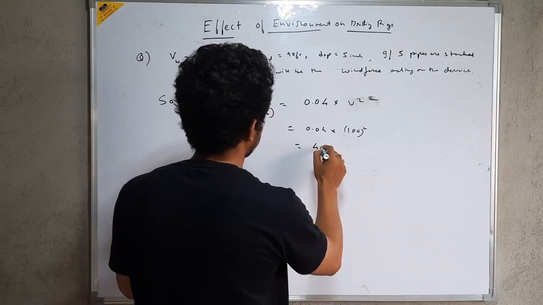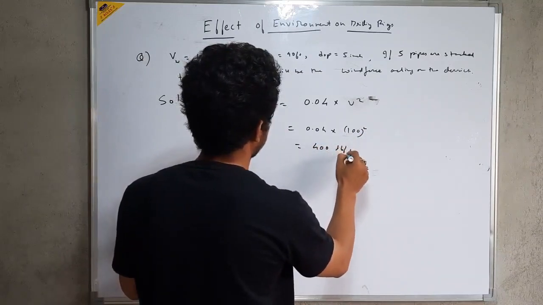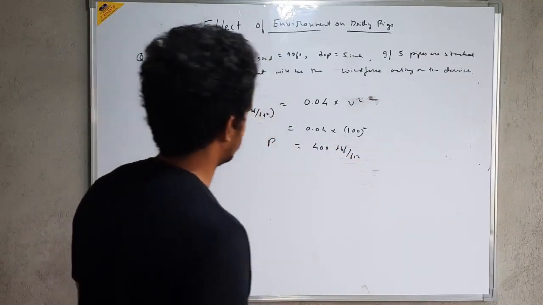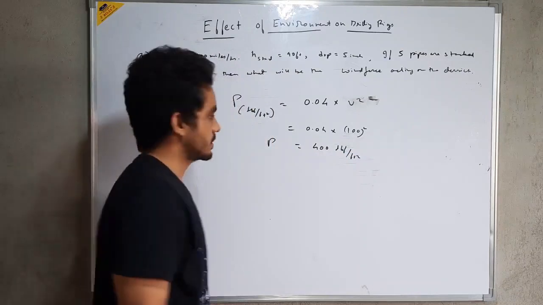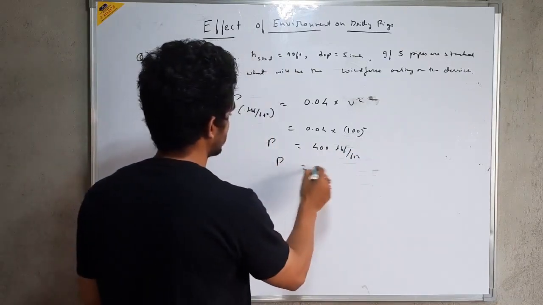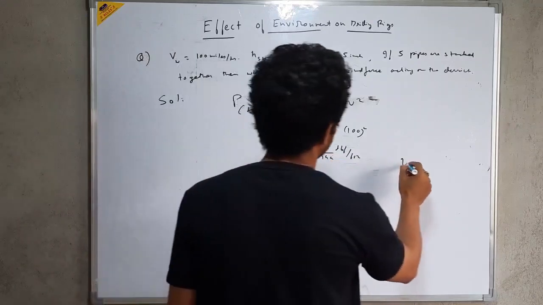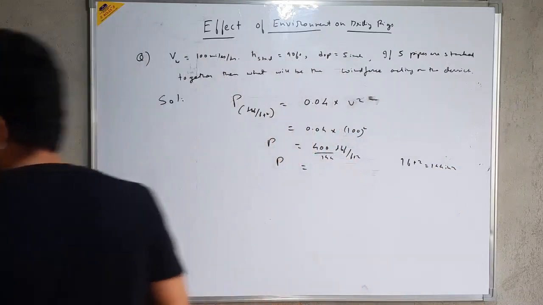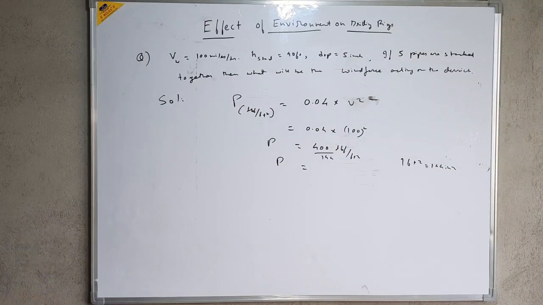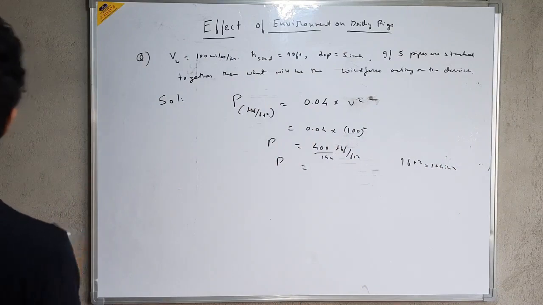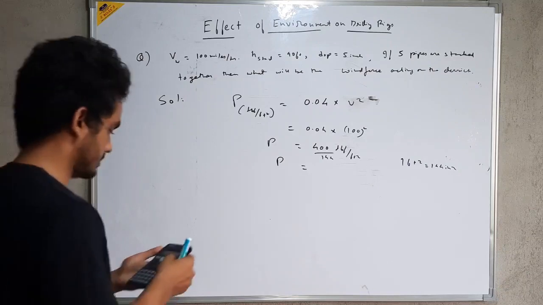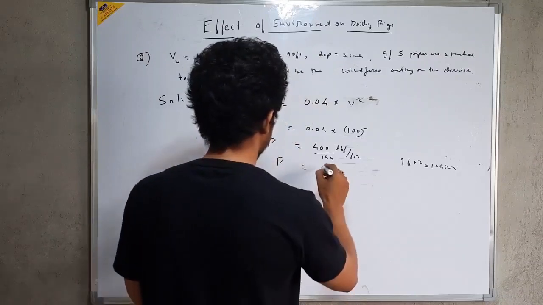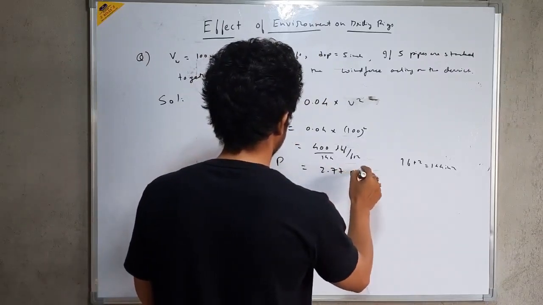So you will get 400 lbf per feet square. That will be the pressure of wind, right? Okay, now we can convert it into psi by dividing by 144, because 1 feet square is equal to 144 inch square. So simply when you divide it, you will get the pressure in psi. So here the pressure is 2.77 psi. Okay,